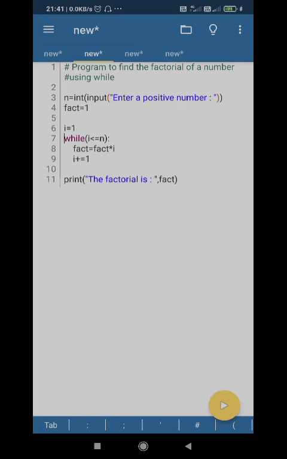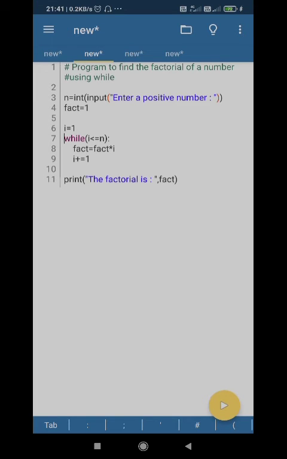Again I gets incremented. I will become 3. 3 is less than or equal to 5, right? So again the loop body will execute. Fact is 2 now, and we have to multiply 3 with it. Okay, so 2 into 3 is 6. So new fact is 6. I has to be incremented to 4. Again 4 and 6 will be multiplied. 24 you will get. New fact will be 24.